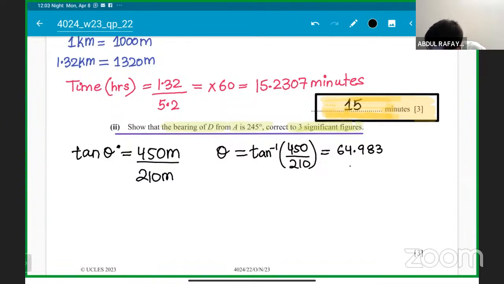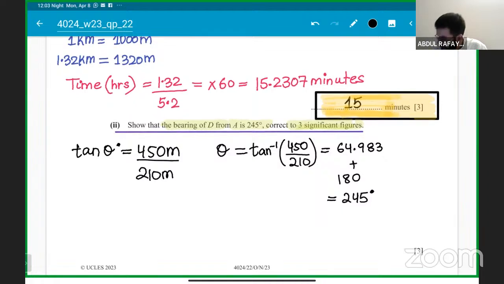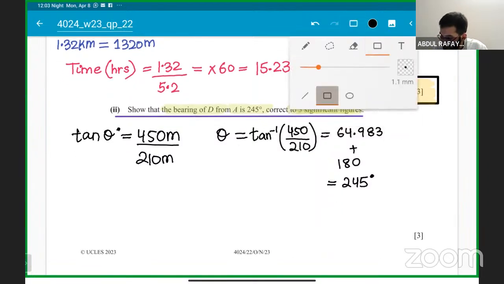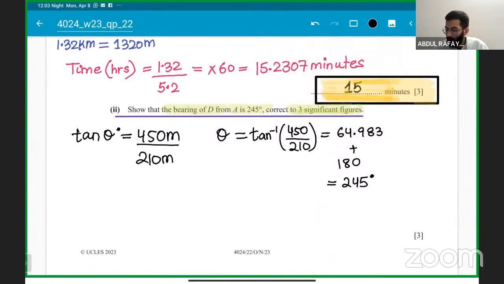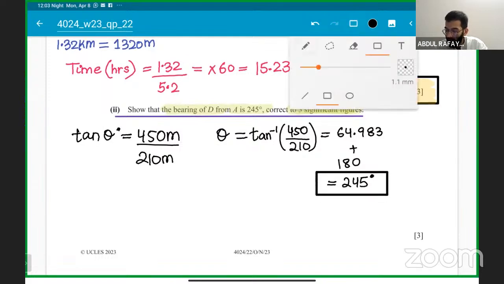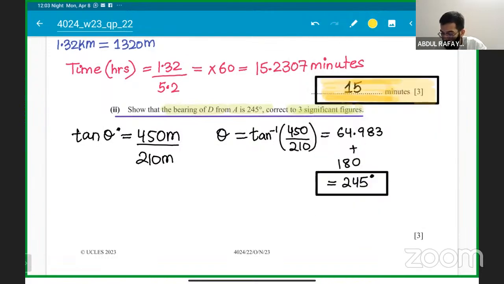64.983 something, okay, you are going to add 180 in it to get the total bearing set to three significant figures, that is basically three significant figures they need. So it is 244.98, we will take it to 245, so 245 degrees is the answer, that is the case here. Okay, people got it, are you following? If we need three significant figures, then we can give 244 point something as 245 degrees. Is everyone clear? You can believe 244.9,